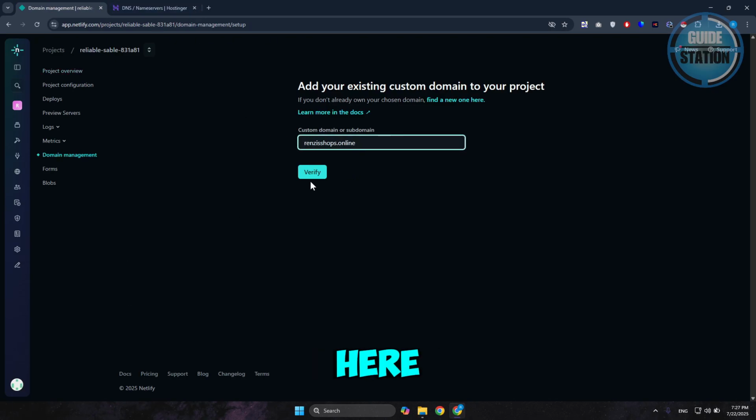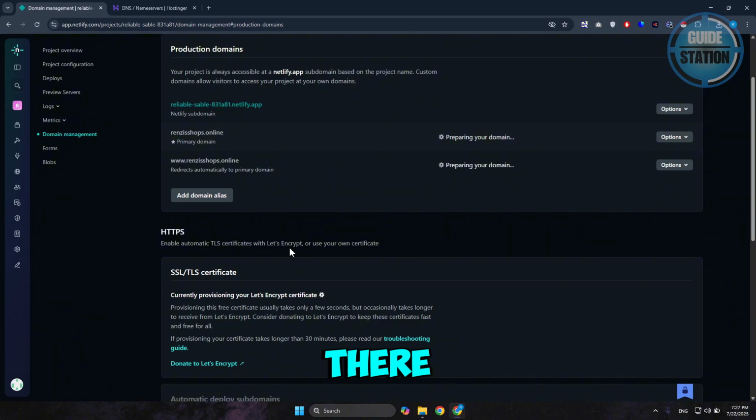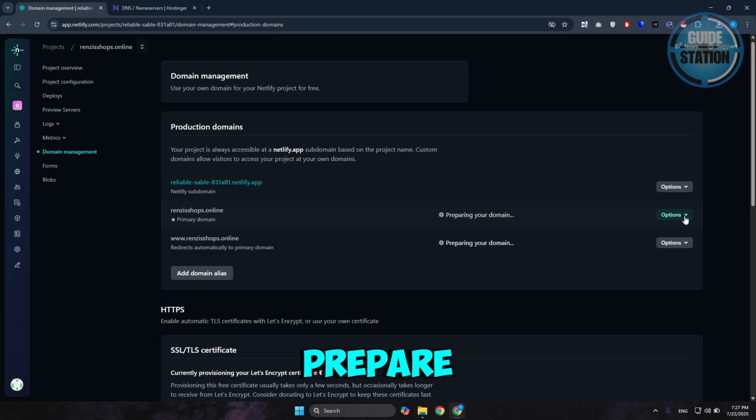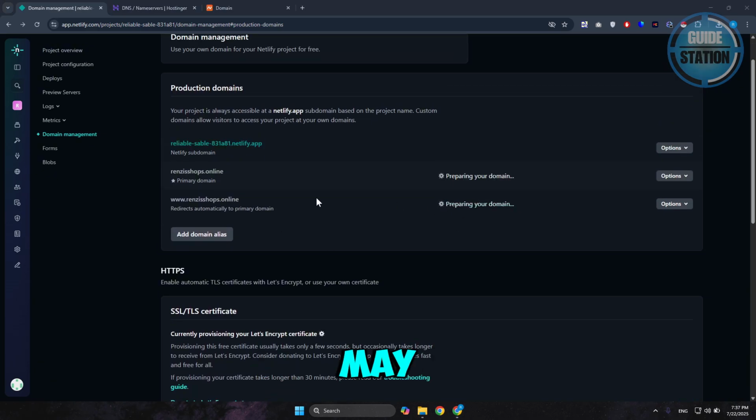Now enter your domain here and click on Verify. It's going to look for your domain. It's good news, it's already on Netlify DNS, so you can add your domain. Let's click on Add domain. It's going to start the process of adding this domain, but there are additional steps that you need to do. First, you need to make sure that you wait for Netlify to prepare your domain, because